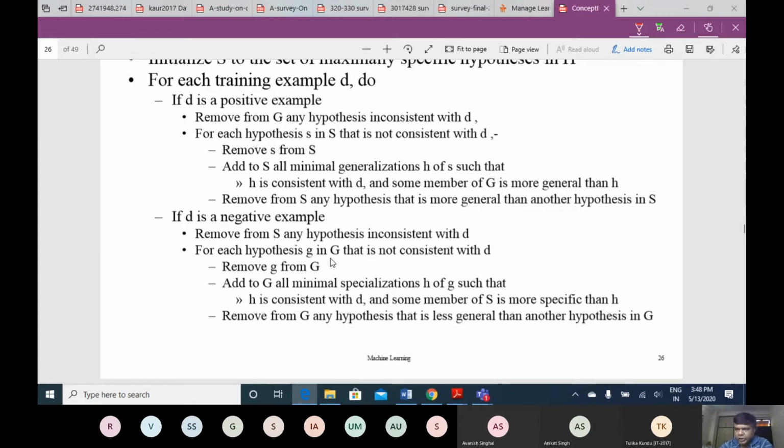So we started with most general, and as soon as we get a negative, it means this particular instance will not be accepted. We want to say that this particular instance will not be accepted. So we will find the most general hypothesis or set of most general hypotheses which doesn't include this. Okay, so we will try to bring these boundaries or squeeze these boundaries depending on the cases we get.